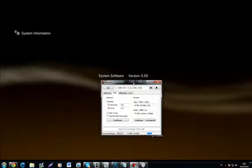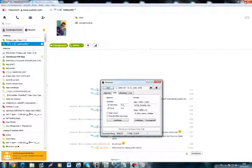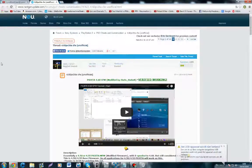Then what we're going to do is go on my computer. Hold on. I'm going to take my USB stick and plug that in. Give me a second. So you're going to plug in your USB stick. Once you've plugged in your USB stick... Sorry, USB device not recognized. Okay, it happens. Once you plug in your USB,